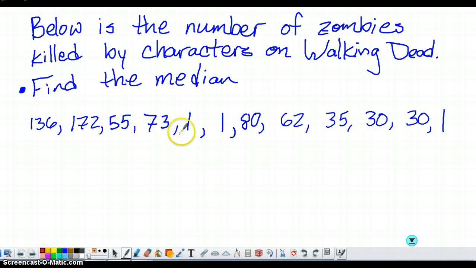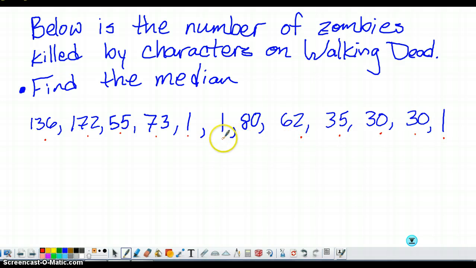So now we're going to take a look at that data set and calculate the median. Okay, and so the median, we remember, if there's an odd number, it's the middle value. But as we saw in the last problem, we have 12 values, so that's not an odd number, so we won't be able to just take the middle number. So if we count in from each side, we have 1, 2, 3, 4,